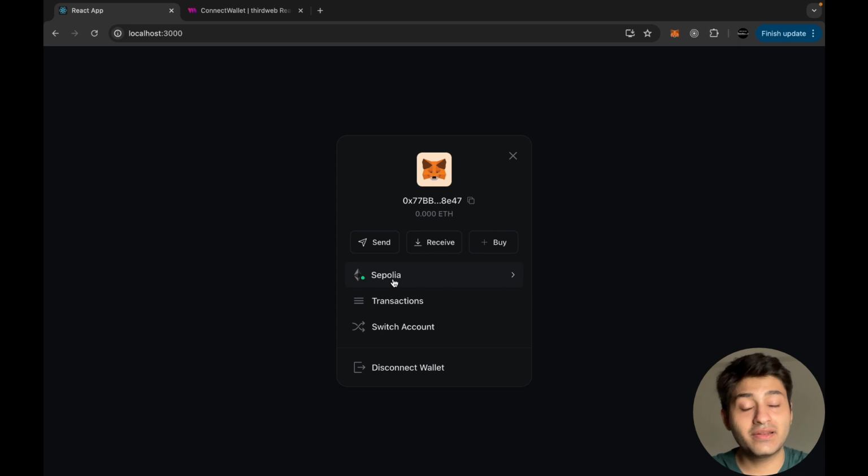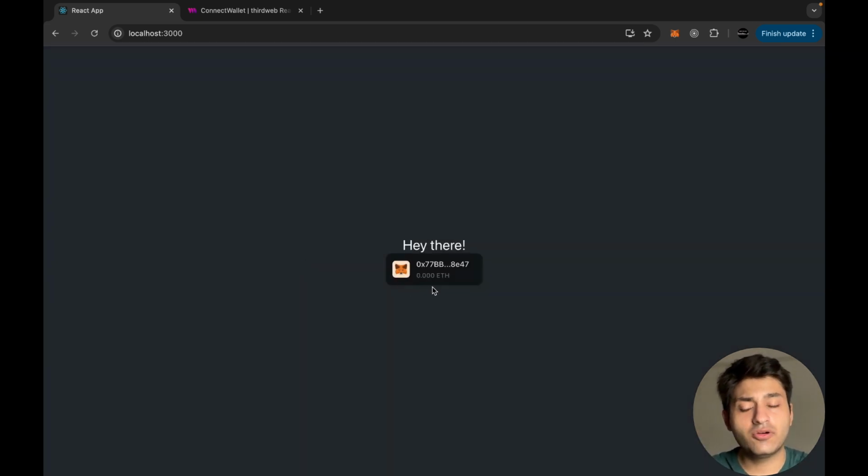So you can see we are currently connected on the Sepolia network, and on the Sepolia network the native currency is Ether. So it says my balance is 0.0 ETH, since Ether is the native currency